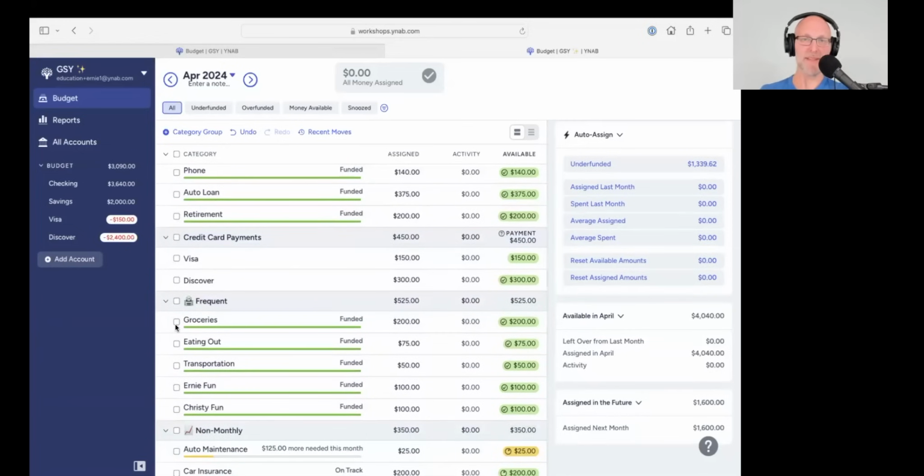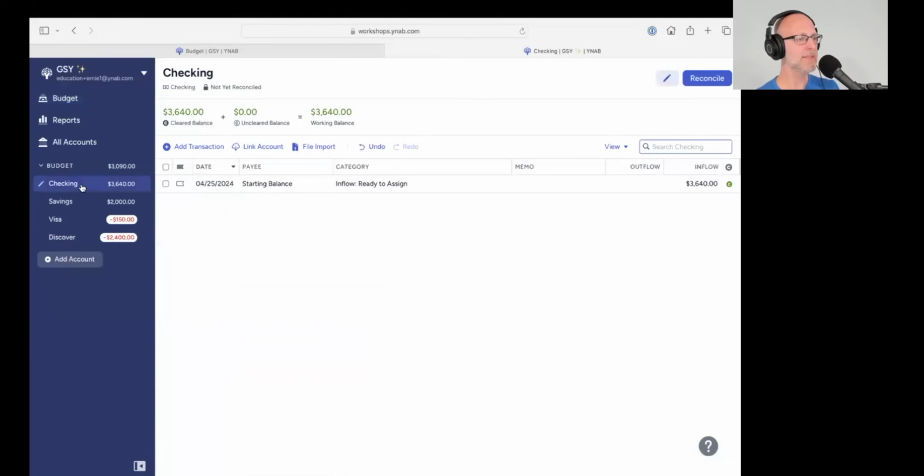So I've already looked at that category balance. I know where I stand. I've got $200. I do my grocery shopping. And let's say I end up spending $215. In my checking account, I'm now going to record that spending. And if you have a linked account, that spending will automatically import once the bank posts it to your account and YNAB grabs it. But in this case, I have an unlinked account, so I'm going to hit that add